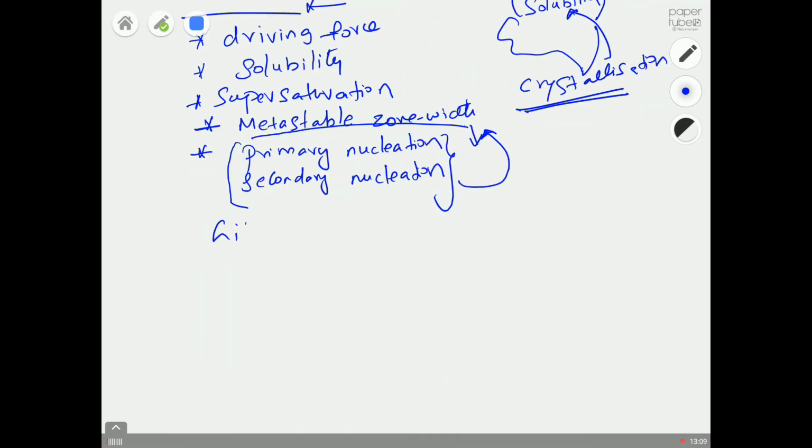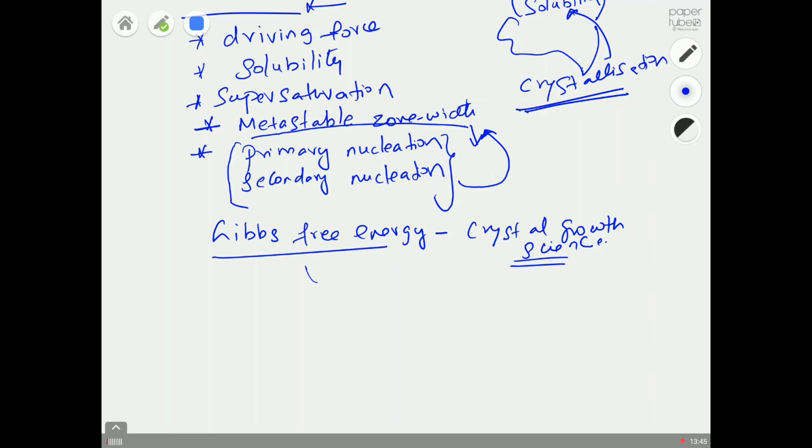I'm not going to load you with some heavy-duty mathematics, but you must know something really basic about crystallization. For that you should know something called Gibbs free energy, everything connected to crystallization. So, Gibbs free energy from the viewpoint of crystal growth science. This will be a bit of the toughest part for you to understand, but for that you need an extra bit of imagination. So I will try to draw some figures and put it in a simple way,